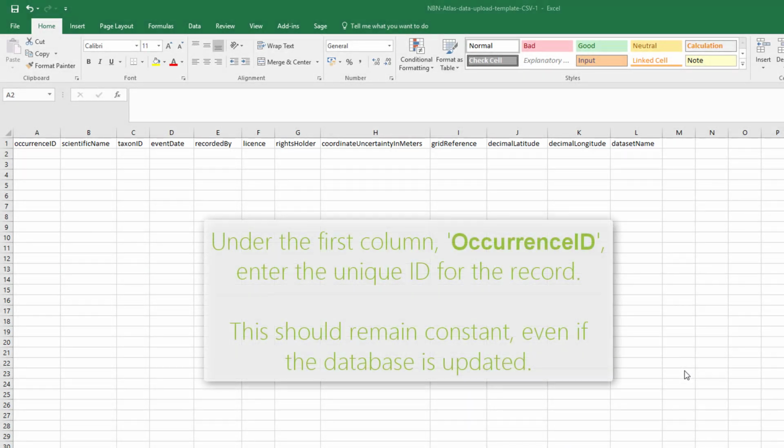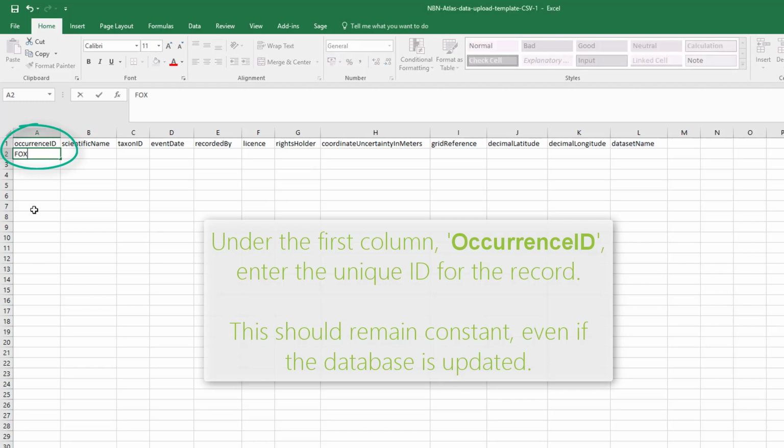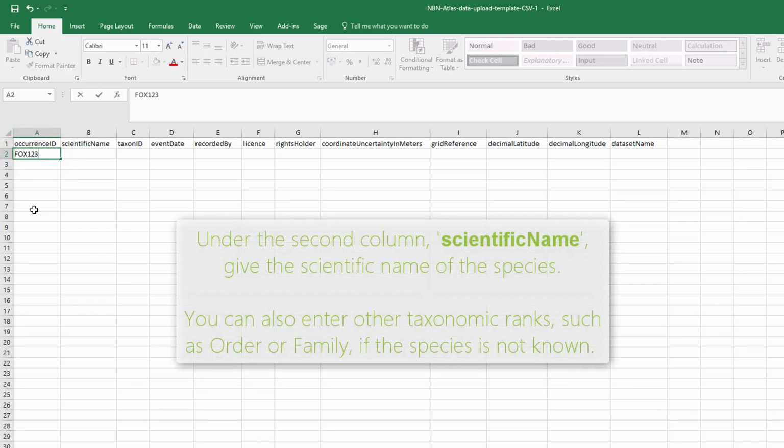In the first column, Occurrence ID, enter a unique ID for the species record. This can be any combination of numbers and letters, and should not be changed if the dataset is updated. Under the second column, Scientific Name, enter the scientific name of the species or taxon. This can be any taxonomic level, for example, order, family, or genus and species. You can also enter the name of a subspecies, and you can give the author and date of the taxon